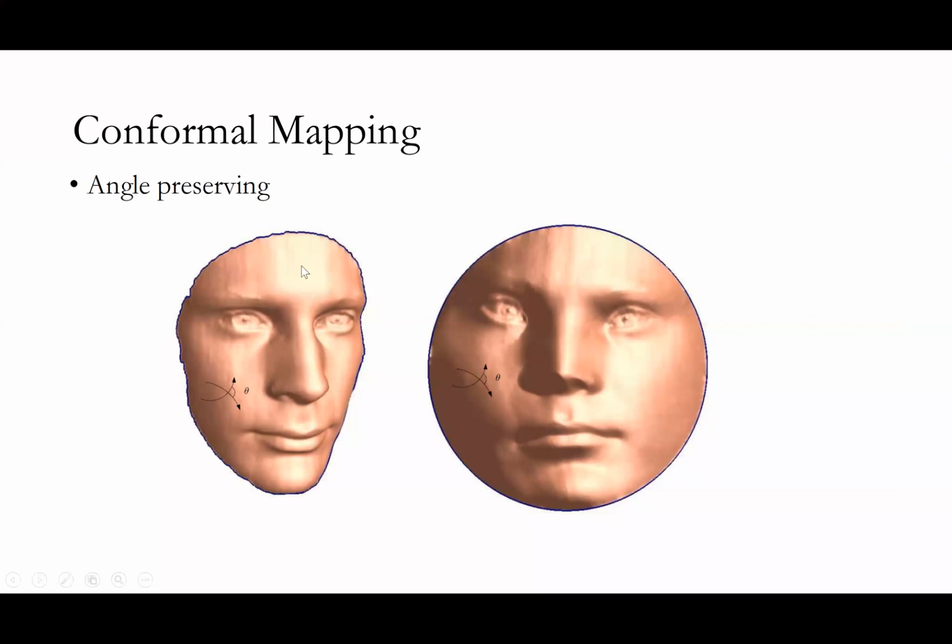So suppose we have a 2D surface, okay. Then we map the surface to a 2D disk. So if we draw two curves on the surface, the curve has an intersection angle theta here. The surface curve is mapped to a planar curve, but then the intersection angle doesn't change. You can draw this kind of curve anywhere else, but the intersection angle never changes. So if the mapping satisfies such a condition, the mapping is called conformal mapping. 所以这是